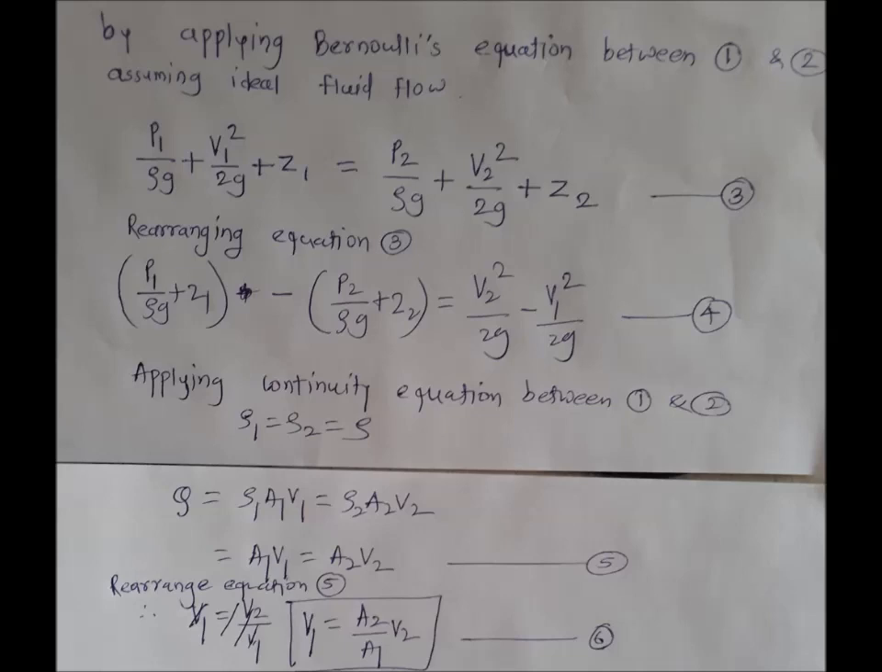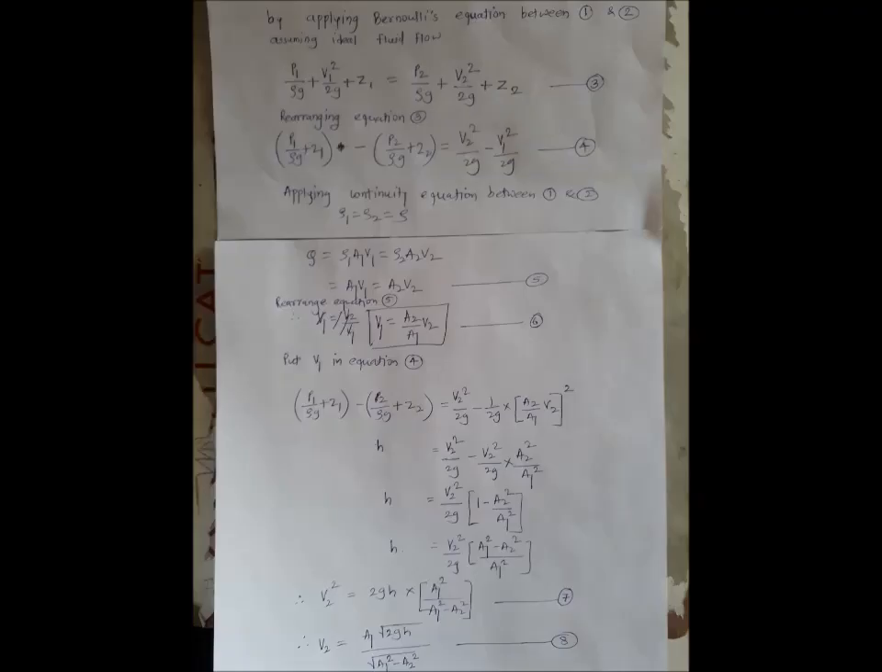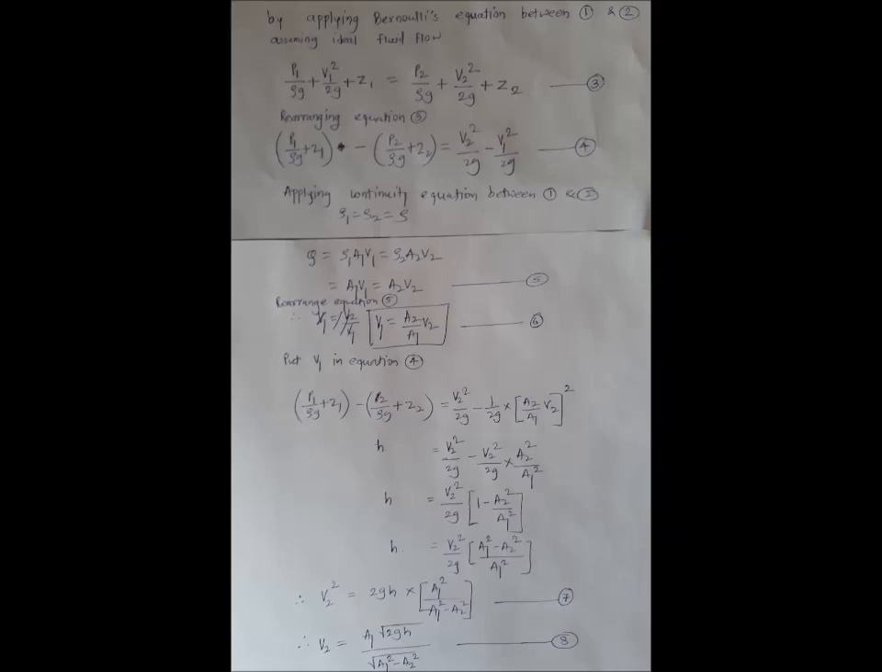Now we will apply the continuity equation between point 1 and point 2. So the discharge at point 1 must be equal to the discharge at point 2, and based on this, Q theoretical is equal to A1 V1 is equal to A2 V2. Rearranging equation 5, V1 is equal to A2 upon A1 into V2. Now putting V1 in equation number 4, we will get